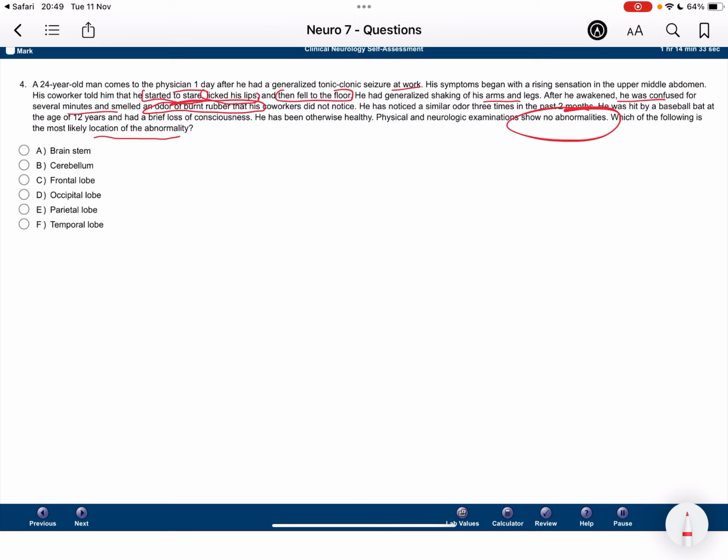Brainstem, whenever there is brainstem involvement, it usually presents with generalized tonic-clonic seizures because of the reticular activating system as well. I would like to tell you that. Next, we talk about the cerebellum. Whenever there is cerebellum involvement, it is usually characterized by movements. But cerebellar involvement in epilepsy is very rare, and whenever it is present, the patient usually presents with shaking of the legs.